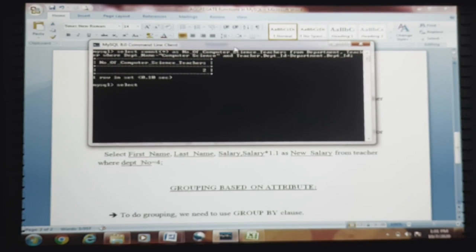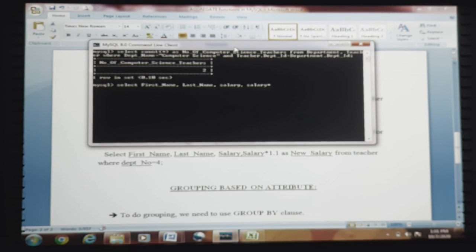So go ahead with the query: select first_name, comma, last_name, comma, salary. Now here one more thing is there.